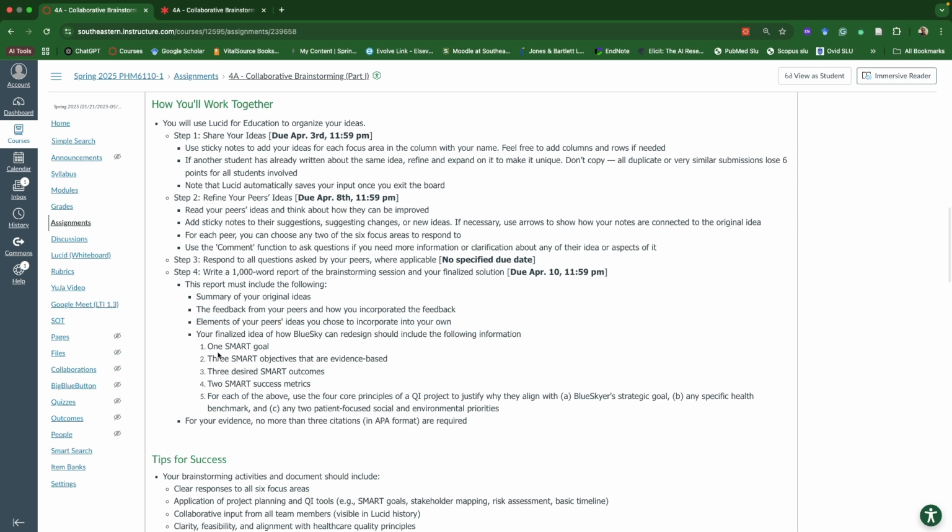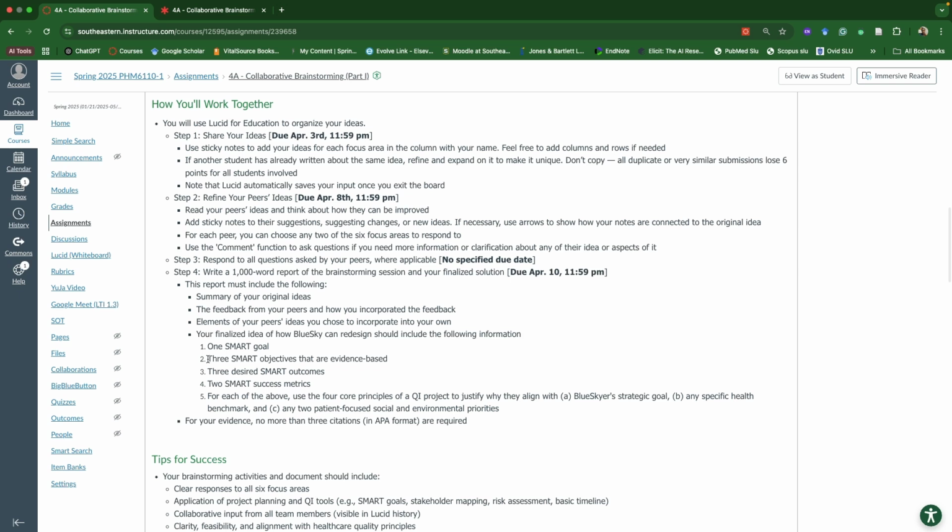Now, your final idea, what you need, and this takes a lot of part of the assignment, is you're now having to provide one SMART goal, three SMART objectives that are evidence based.